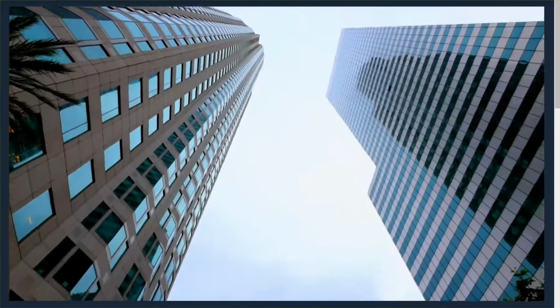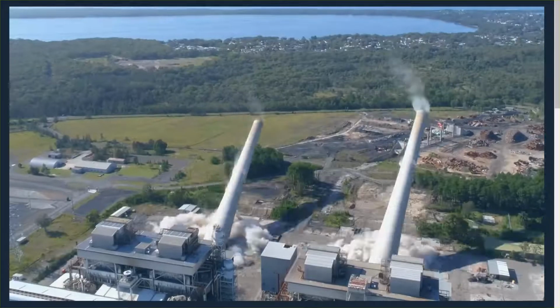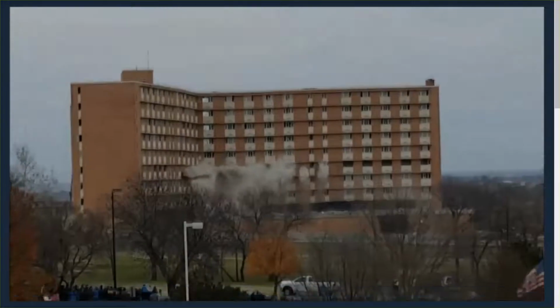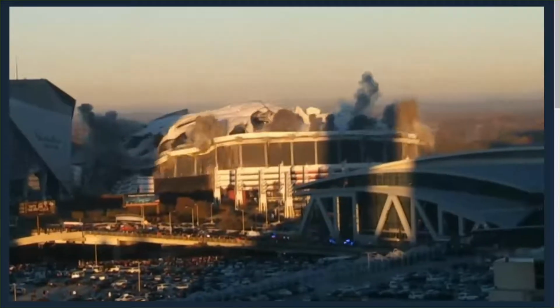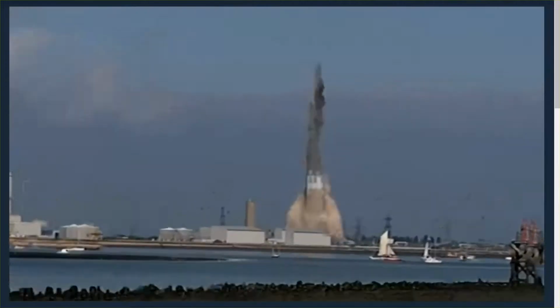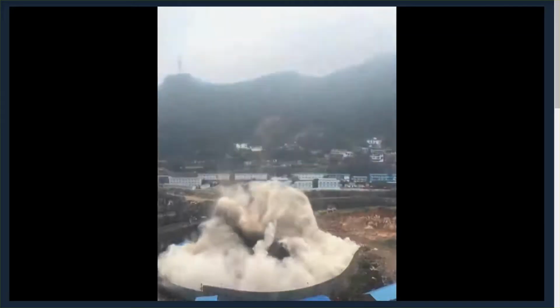Sometimes what goes up must come down. Hundreds of thousands of unwanted buildings are demolished every year. There she blows! The vast majority go off without a hitch. But sometimes man-made disasters strike,